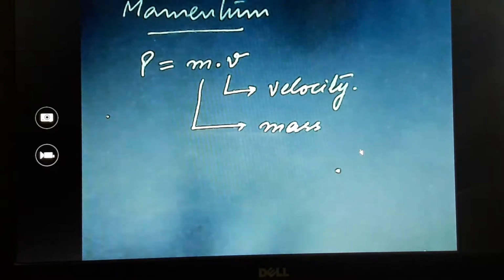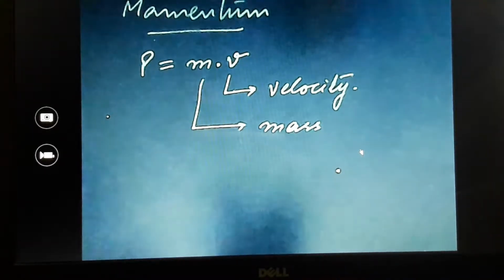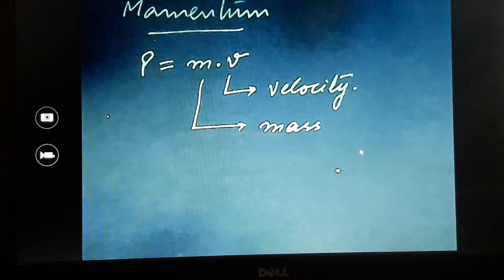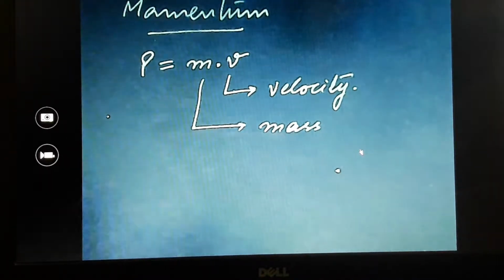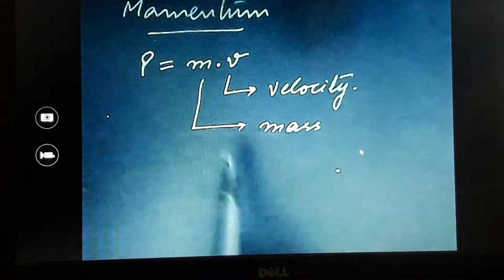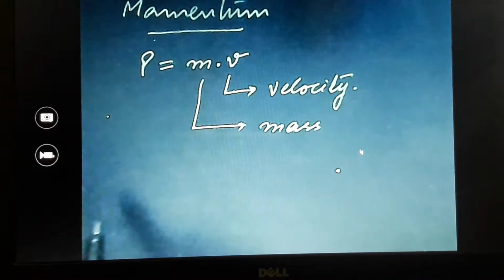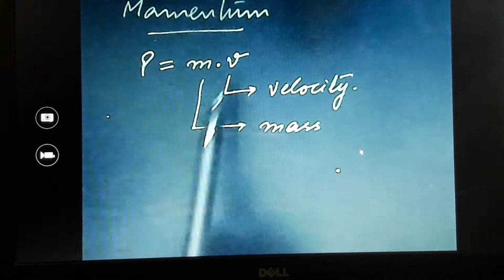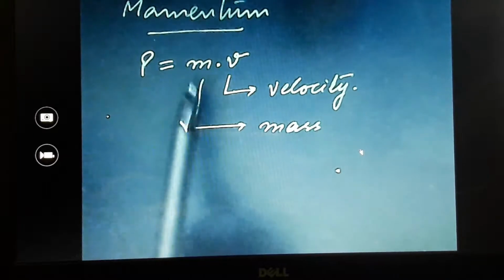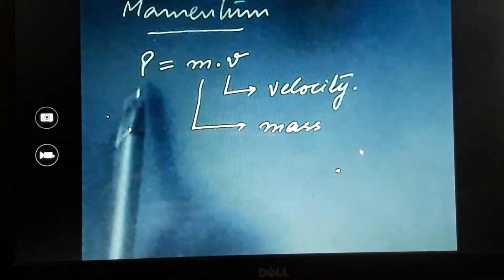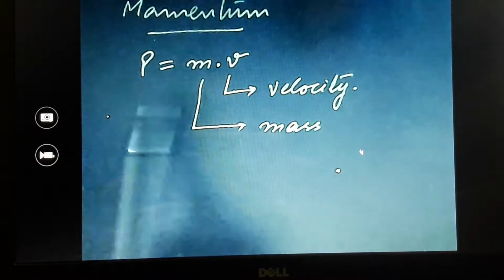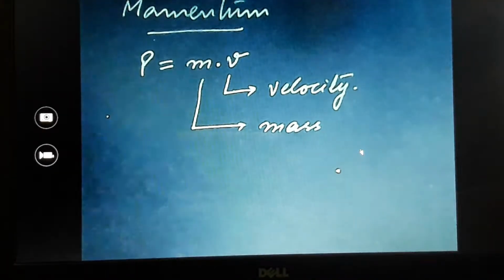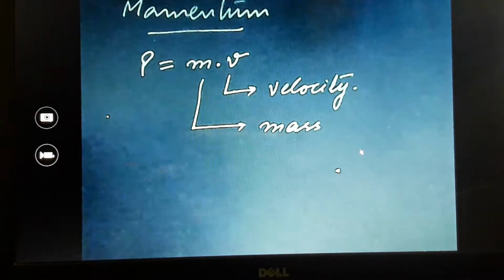In a similar way, if there is a truck coming towards you, and if it hits you, even at a very low speed, it hurts a lot. Why? Because its mass is very high, right? So no doubt the velocity may remain the same, but if the mass is different, obviously this will increase the momentum of the truck as compared to the cricket ball, right? So this is something called your momentum.